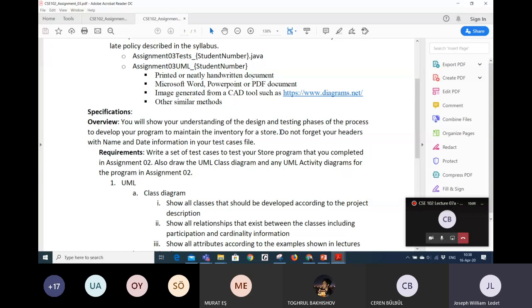So what I want you to understand is some aspect of the design phase, which is where the UML document comes in, right? And then the testing is the post-code. Once you've written your code, what happens after that, right? Okay, so